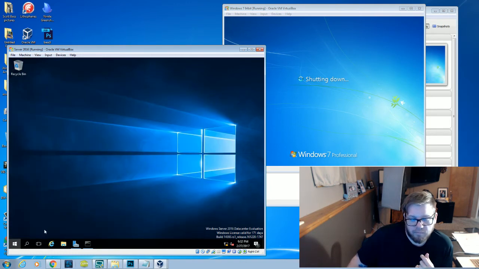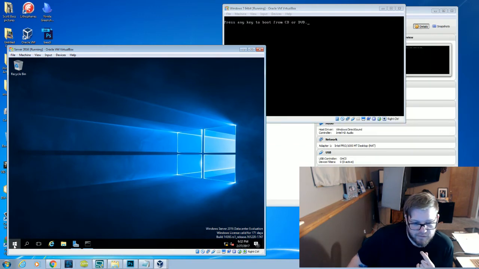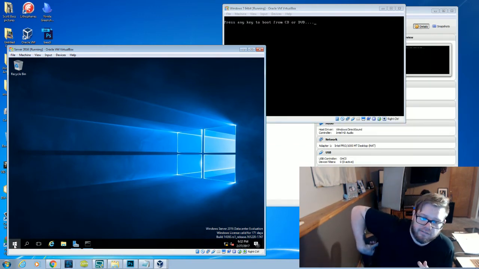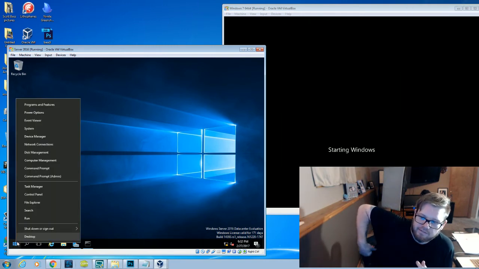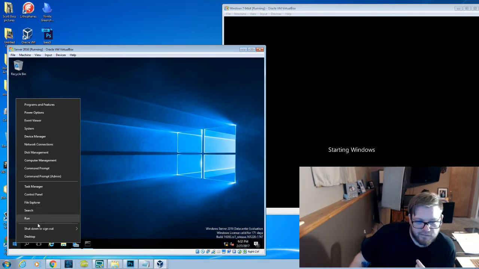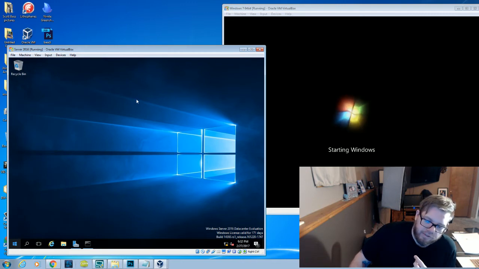Oh, my Windows 7 machine is saying that the Active Directory domain controller is not installed when I try to connect it to the domain. So I'm pretty sure I probably missed something.